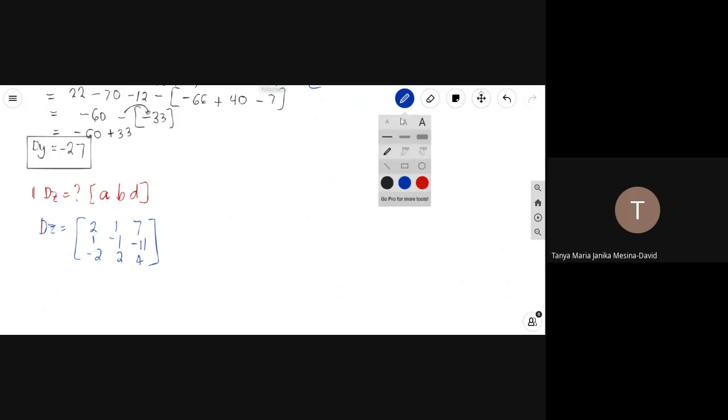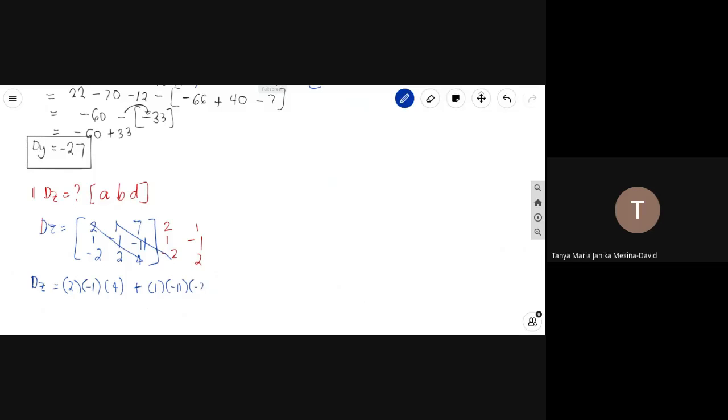And again, we copy the first two columns. So that is 2, 1, negative 2, 1, negative 1, 2. And then we start multiplying the diagonals. So let's have the first diagonal: 2 times negative 1 times 4, plus the second diagonal, 1 times negative 11 times negative 2, plus the third diagonal, which is 7 times 1 times 2, minus